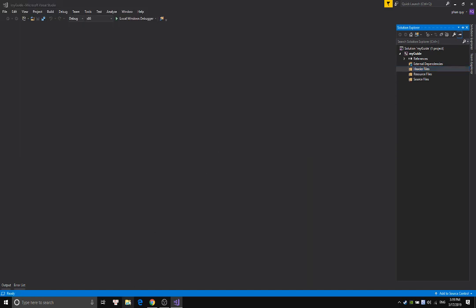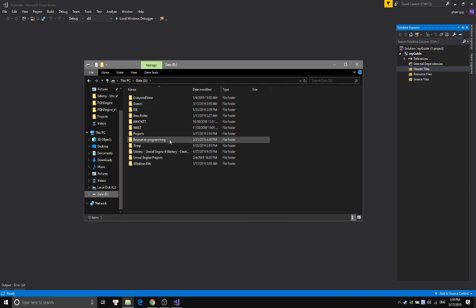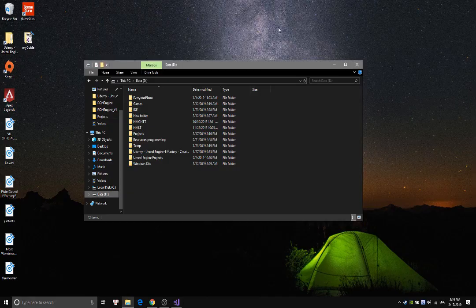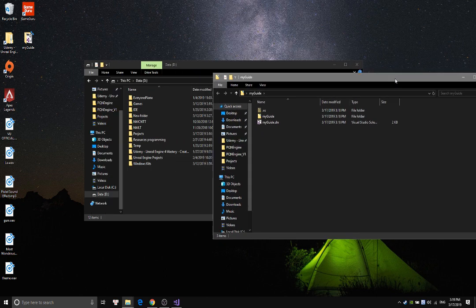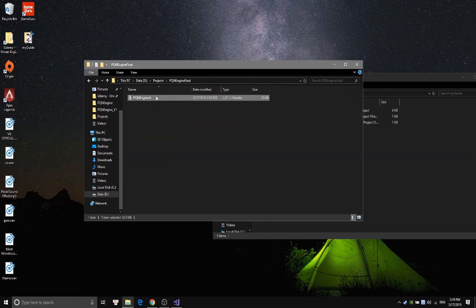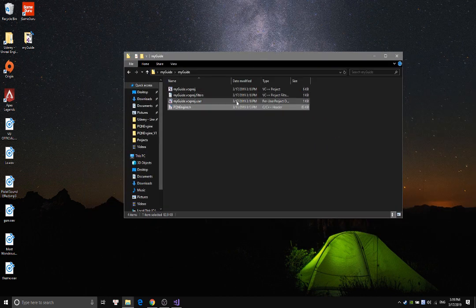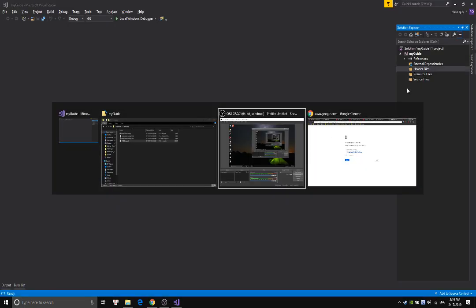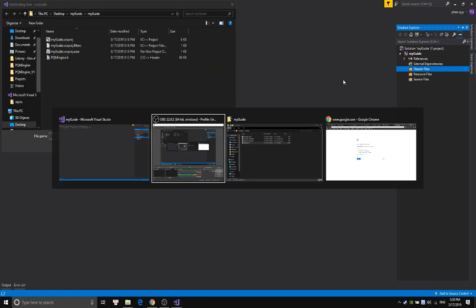I put my engine here. It's very simple. After creating a project, it is here. You can just take the engine. It's only a single header file, no additional library, so you can use it easily. Here you can go to project, add existing item, and